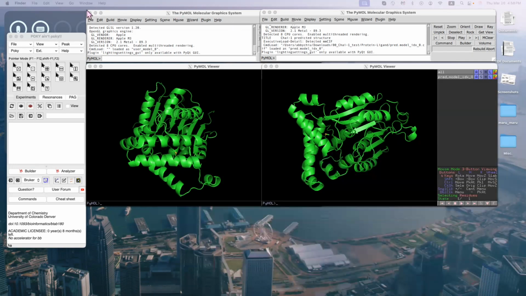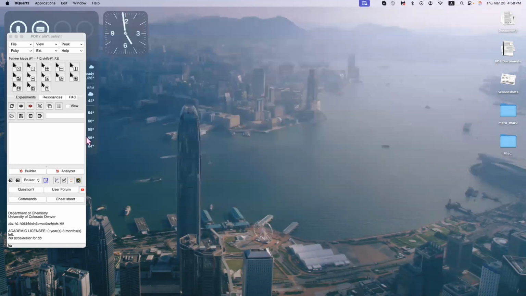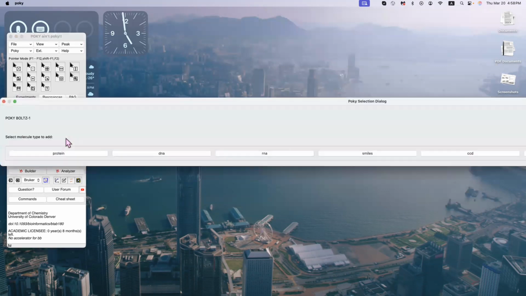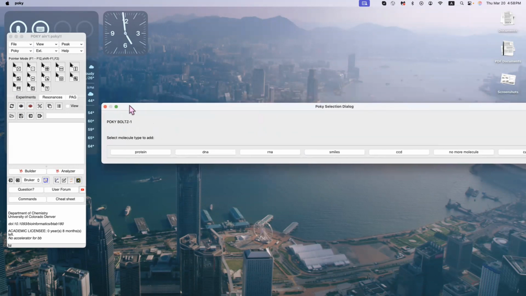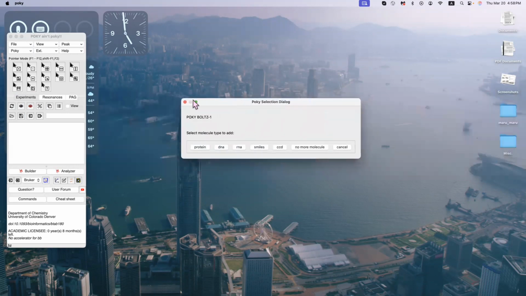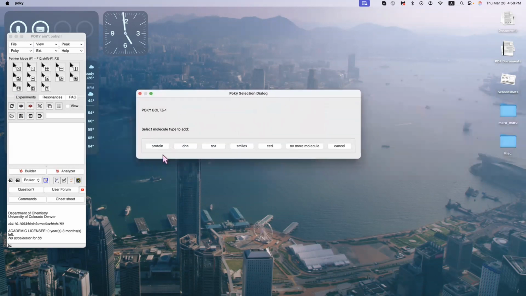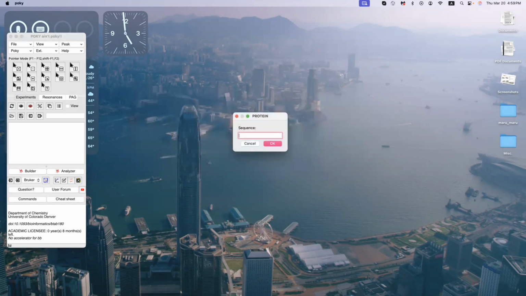So finally, the last one for the demonstration is going to be a protein-protein complex. So opening Boltz-1 using BZ again. I'm going to open this dialog, click on protein. And for this protein-protein example, I will be using 7URD in the PDB, which is a human PORCN in complex with LGK974 and